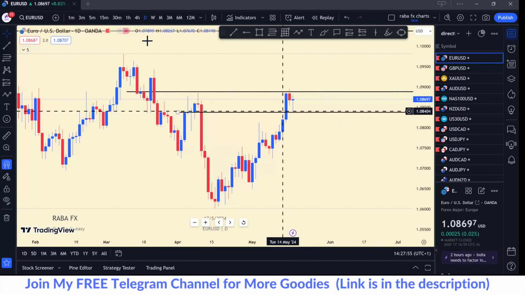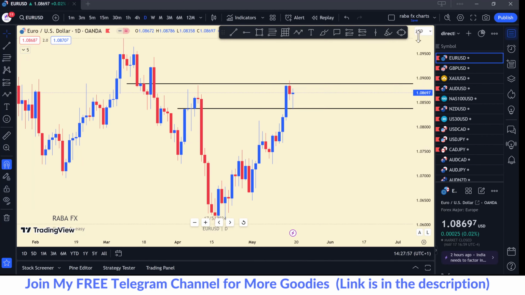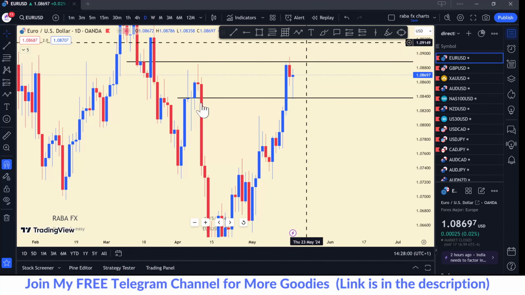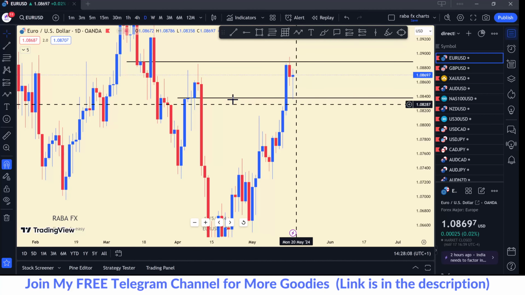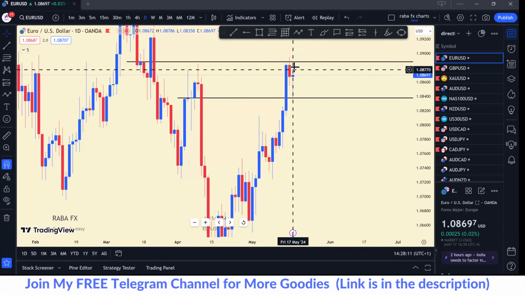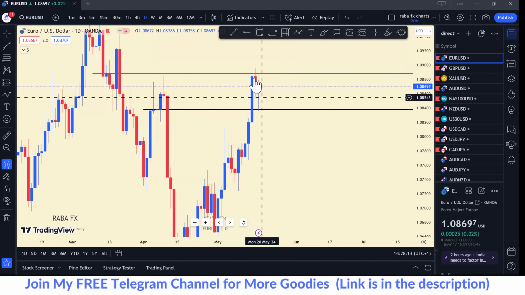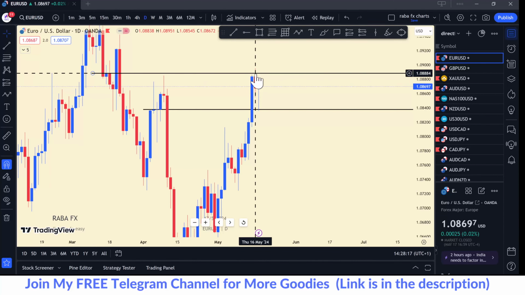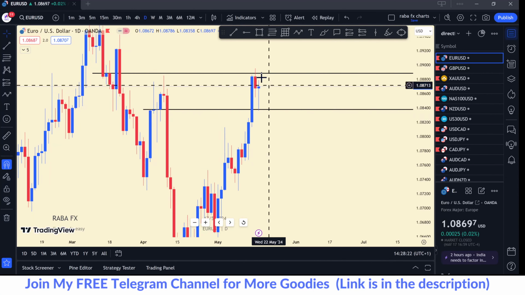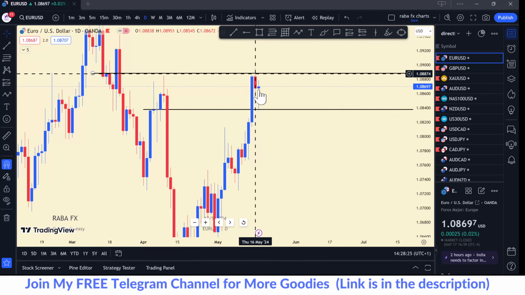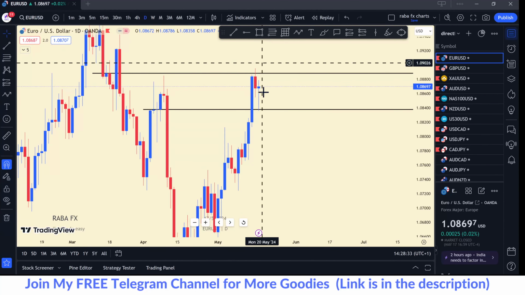When I sold here, I took my profit just from the daily opening price before price started pushing up. I took my profit from here. So I sold from here and then took my profit off from here. And as you can see, price rejected from that area aggressively. All right. So even if I was expecting a sell from here, I will not be holding it blindly, because I know there's an obstacle against my direction. Okay, I'm selling, but there's an obstacle against that sell direction that can indicate a bullish move.